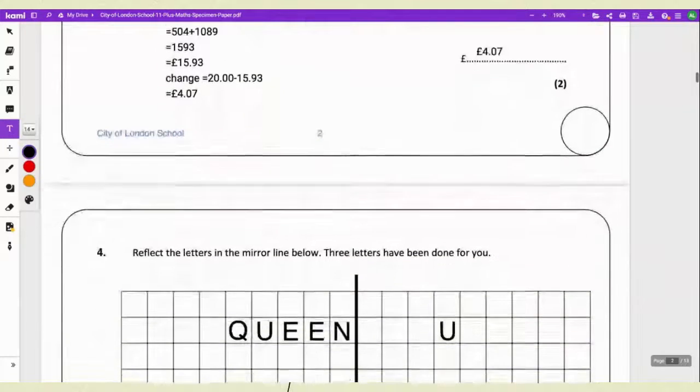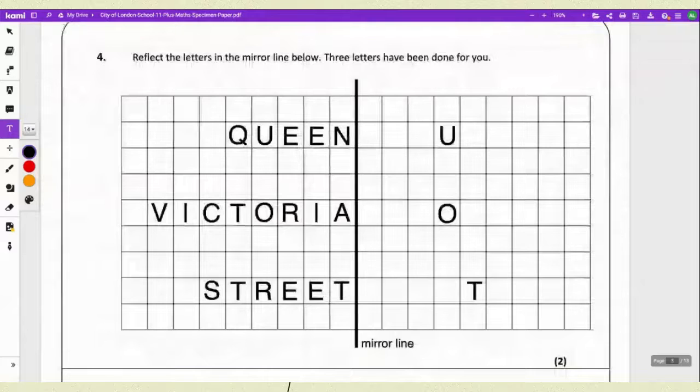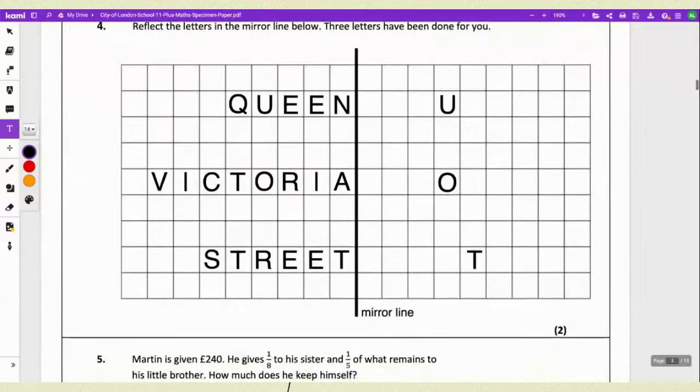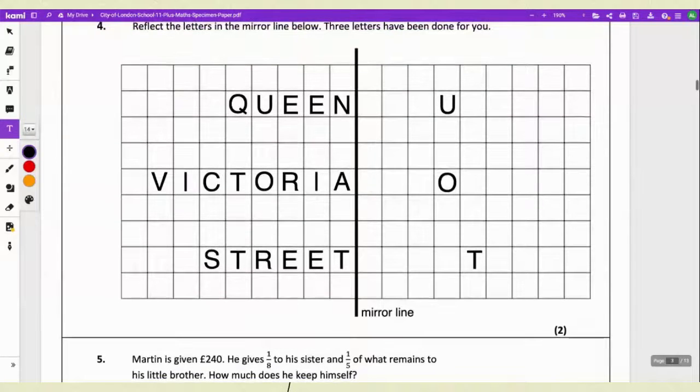Next one is: reflect the letters in the mirror line below. The 3 letters are done. So the best thing for this is to try looking at these letters in your mirror. When you see these letters in your mirror, you will see them upside down. So you would have